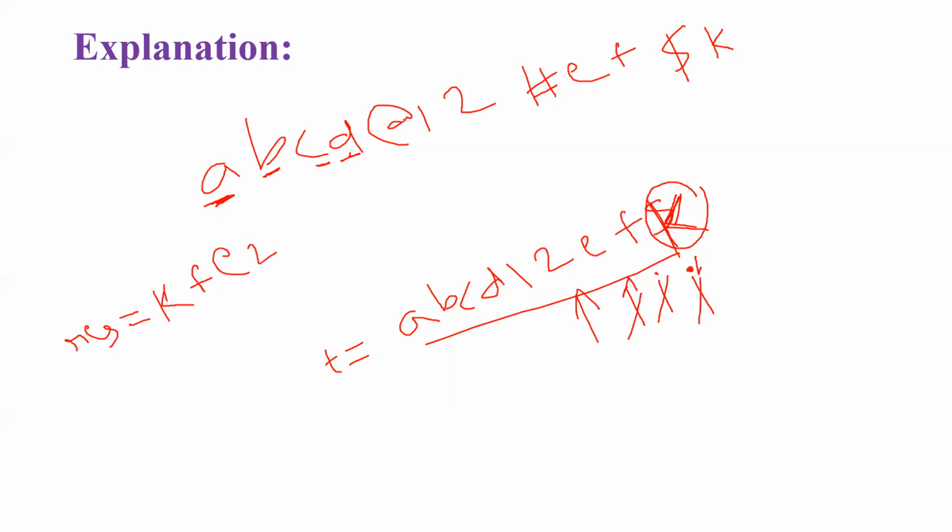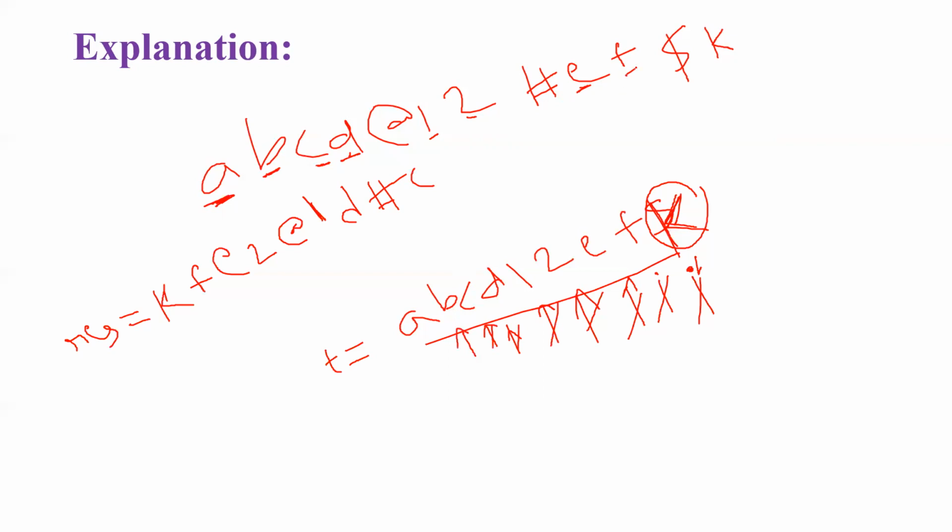Now observe, @ is a special character, so keep the @ as it is. Now for 1 I need to replace it with temp of I, right? Temp of I means 1, and I minus minus. Now observe, for 2 I need to replace it with temp of I, which is D, and I minus minus. Now observe, 2 completed, right? Hash is a special character, so keep it as it is. And now observe, E is an alphabet, so replace it with temp of I and I minus minus.